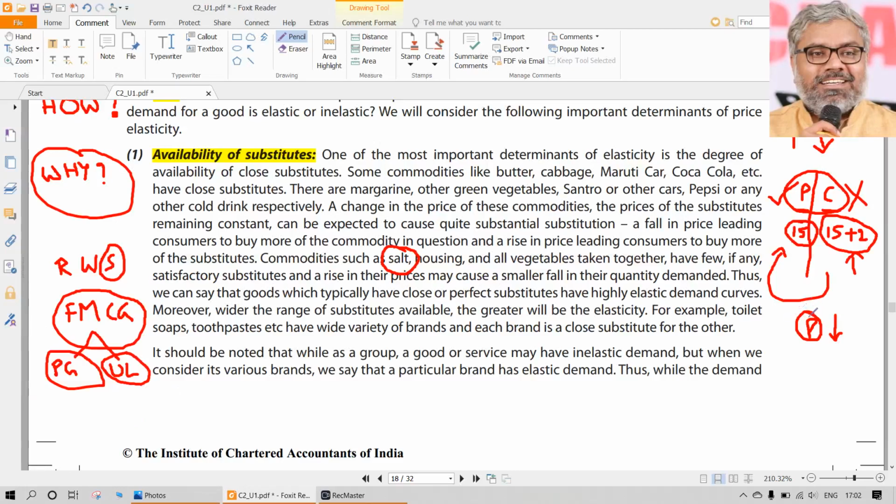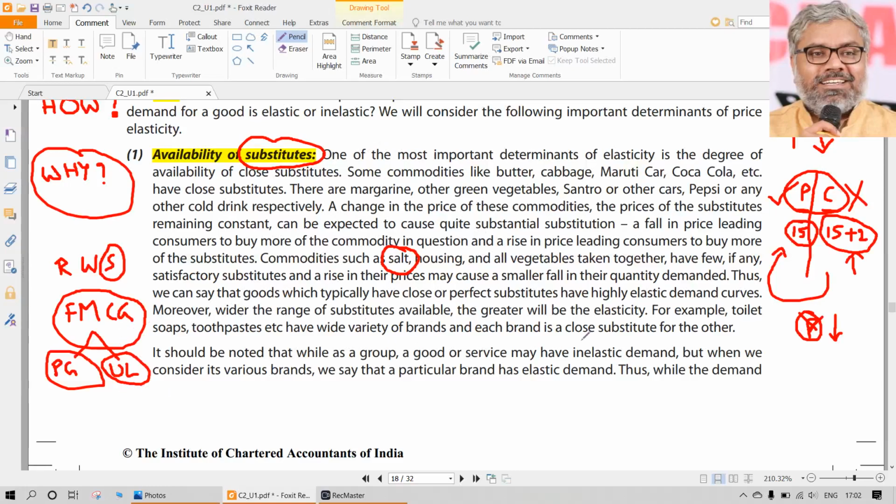I'm not saying only one or two reasons. There could be many reasons, whatever they may be, social, political, religious, spiritual, without going into them. But in spite of all those reasons, imagine if Patanjali products were equally priced with the Procter and Gamble or Unilever products, 100% they would have become a flop. Why? Because of price elasticity of demand and because they are substitutes for each other. When they are substitutes, the price elasticity of demand will be high.